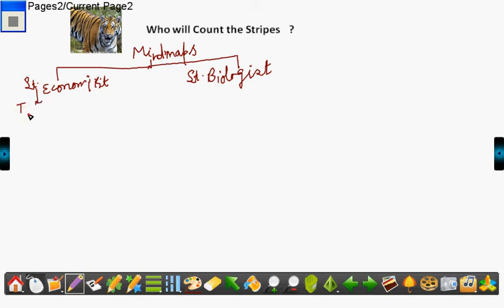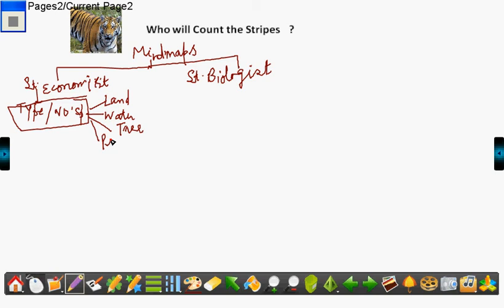the type and the number of species. Okay? Type and the number of species. Now, number of species, it can be a land animal, it can be a water animal, it can be a tree animal, as well as it can be variety of plants, right? He thinks like that. Now the main purpose will be, it will have agriculture